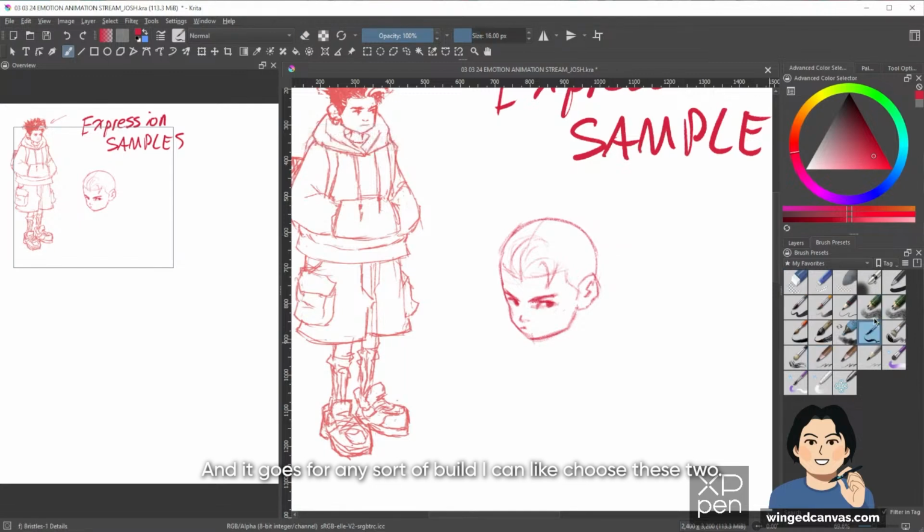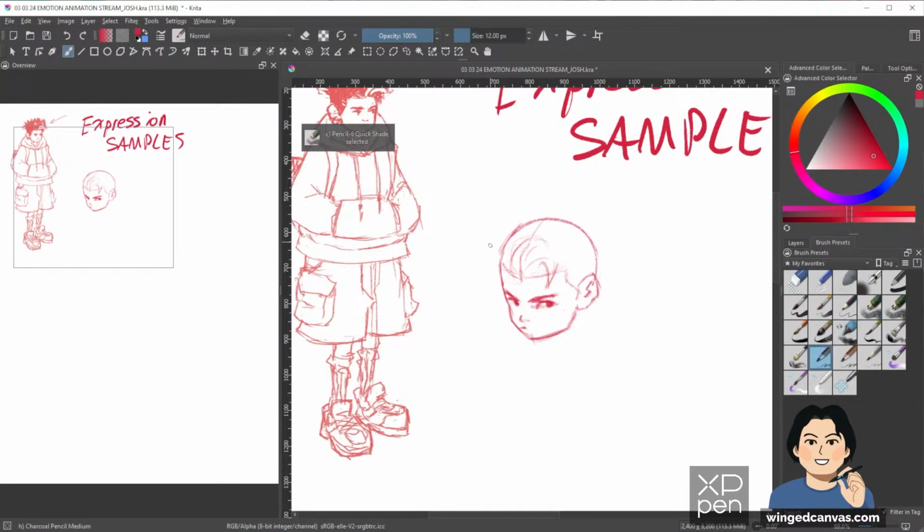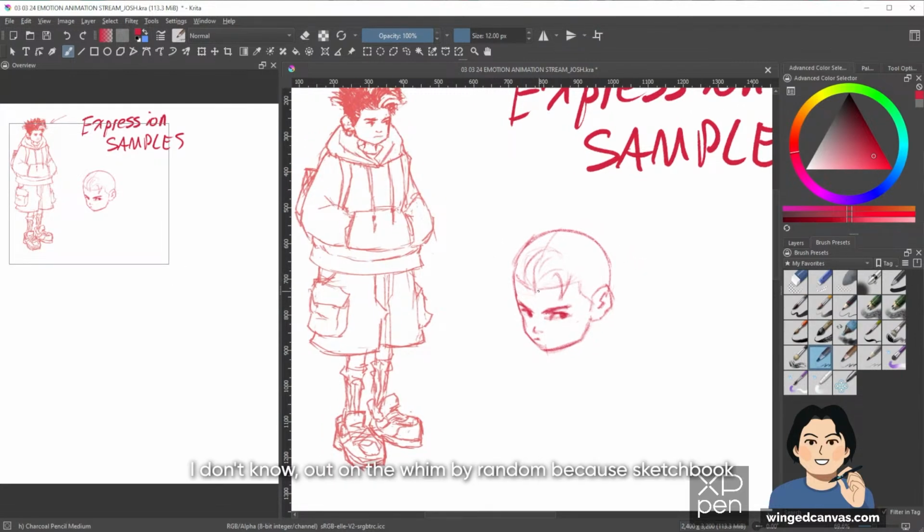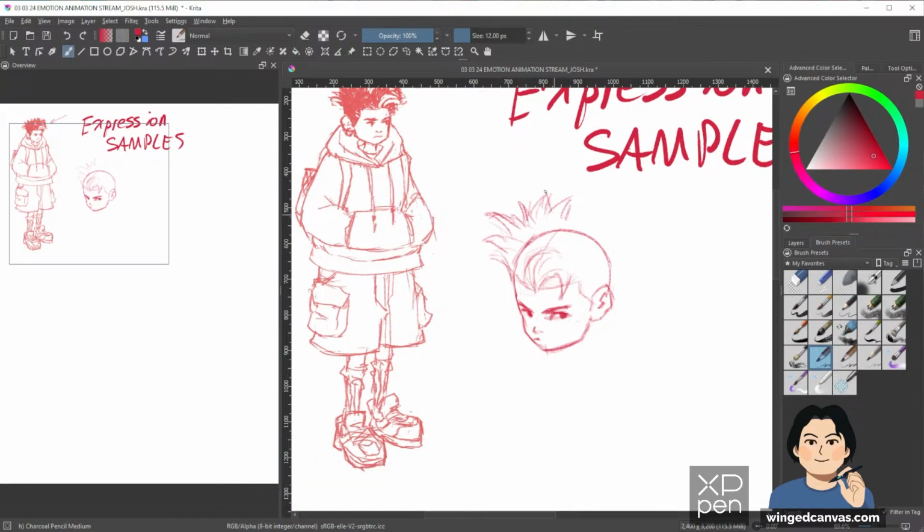And it goes for any. So I can choose these two. There you can see I'm clicking the green one, and then maybe this big marker. Now if you look on my screen up here on the upper left, I'm flipping through it by pressing the question mark. So it just makes it easier depending on your drawing situation. I discovered that on a whim, because Sketchbook allows you to just draw and flip between your last used tools as well. So I was like, I wonder if Krita has the exact same kind of tool. And it does. So yeah.